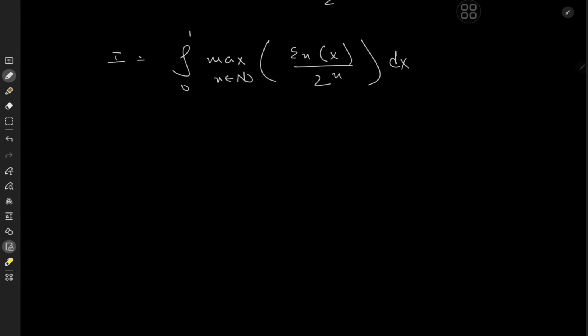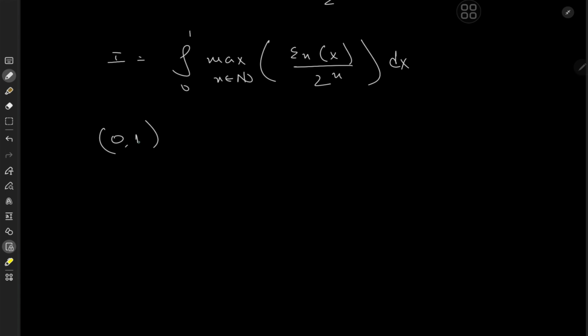Now, because we're interested in intervals of x, we'd like them to be convenient. And by convenient, I mean that since epsilon sub n depends on the fractional part of this term 2 to the n times x, where 2 to the n is being multiplied by x, it would make sense to divide